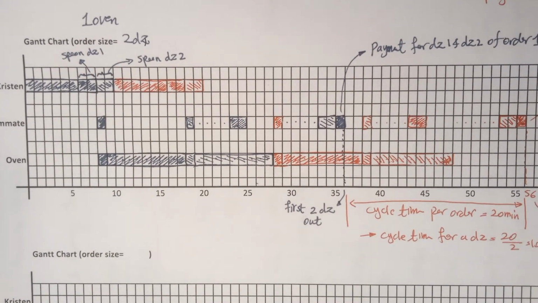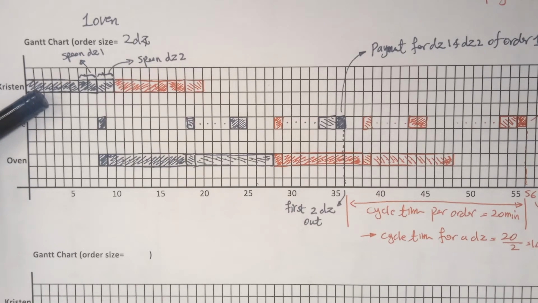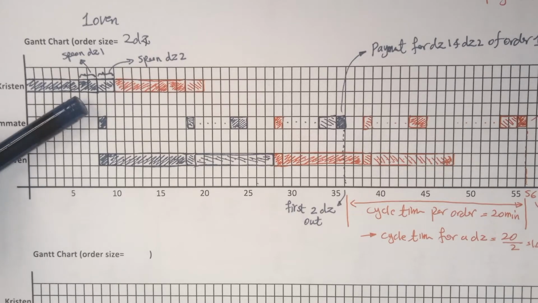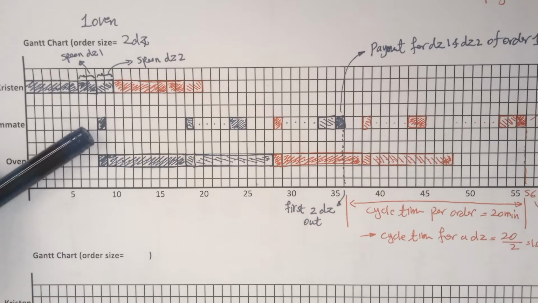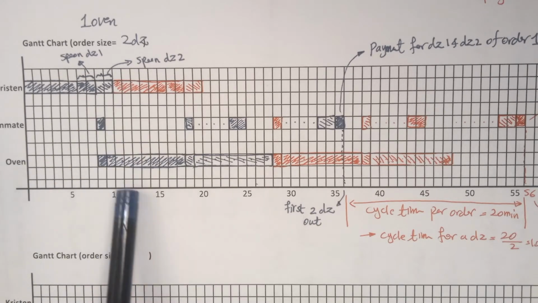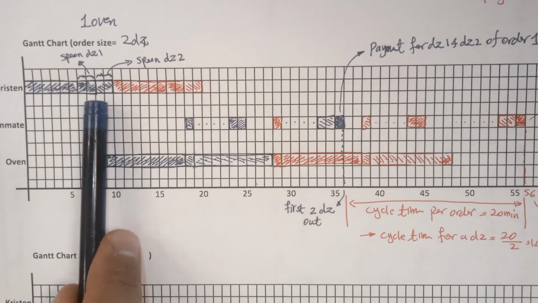When you have 1 oven and your order size is equal to 2 dozen, Kristen first is going to take care of 2 dozens, right? 6 minutes of mixing dough, and then 2 minutes of spooning. The moment that spooning is done, she is going to pass it to a friend to set up the oven, and 9 minutes of baking. While that is happening, Kristen is going to take care of spooning the second dozen of